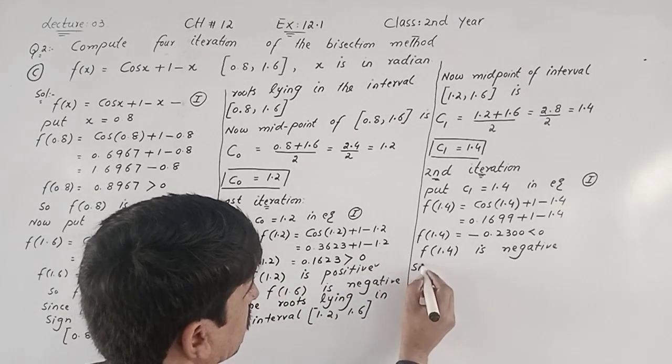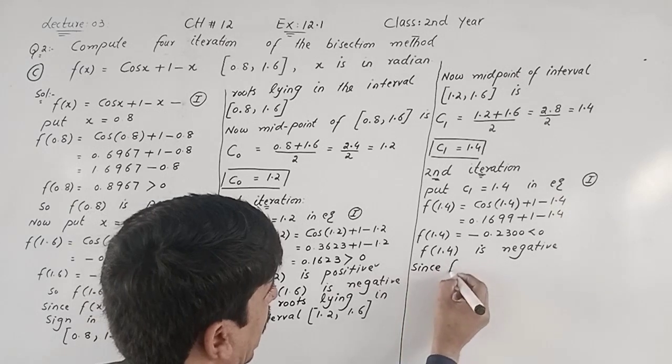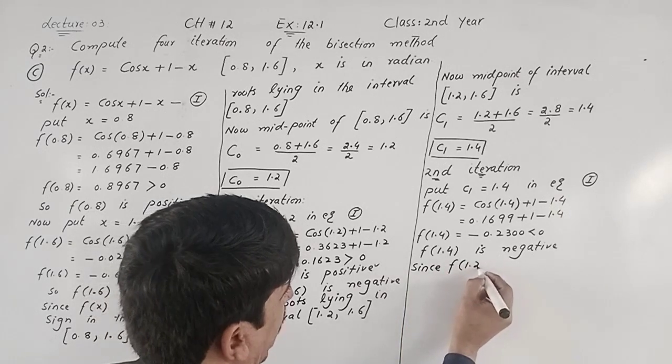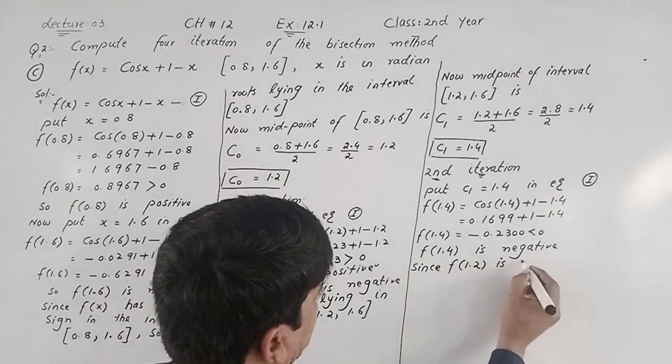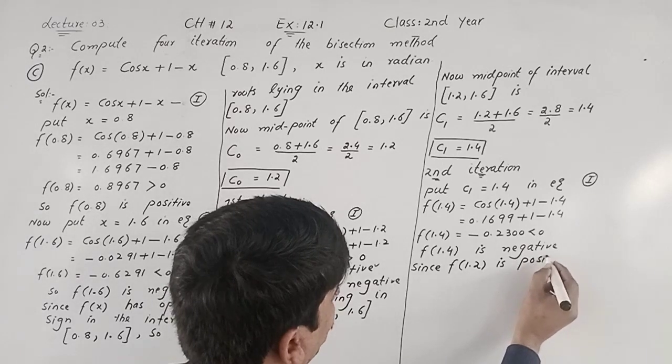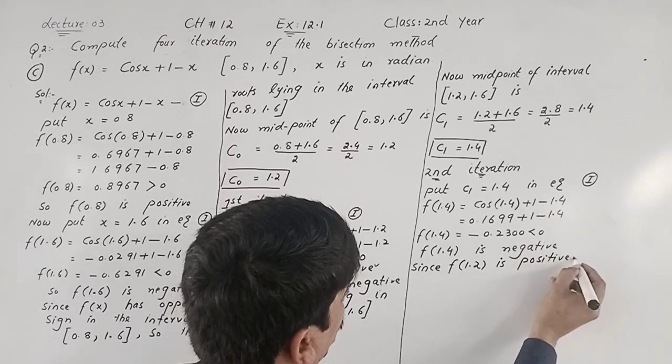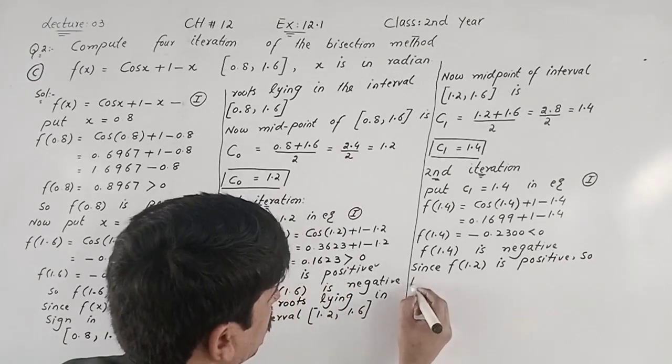Since f of 1.2 is positive, so the roots